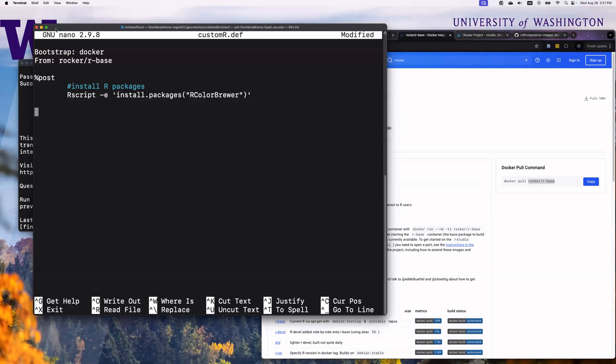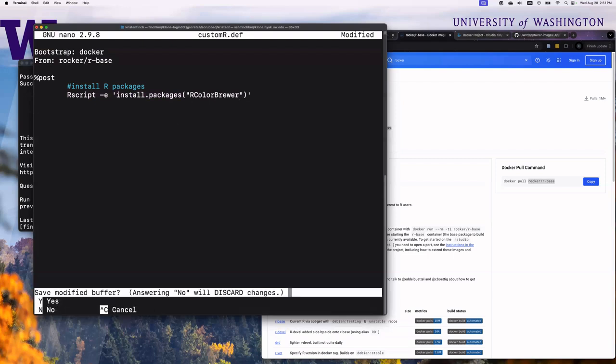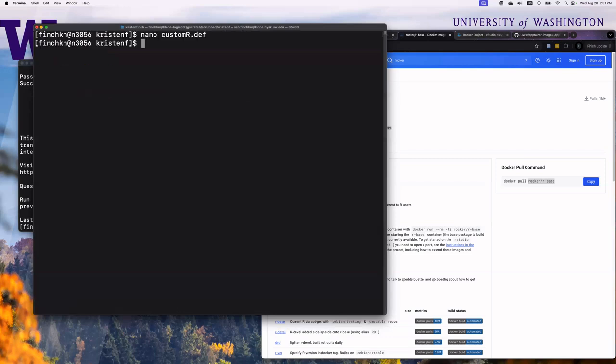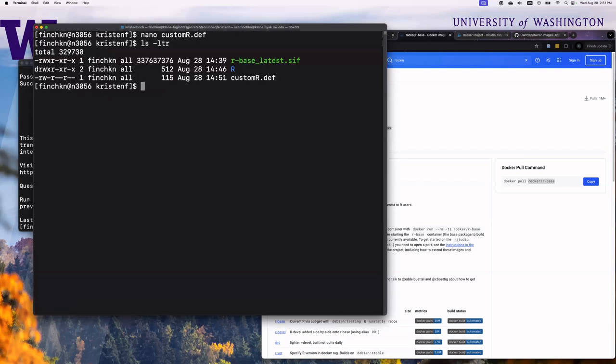So what's going to happen? It's going to pull a new version of this Rocker R-base container from the internet, and then it's going to run this command inside of R to install our RColorBrewer package. So if we Ctrl-X to exit, and then yes to save, and then save as our custom r.def with the return key. Now if I ls -ltr, I have my custom r.def